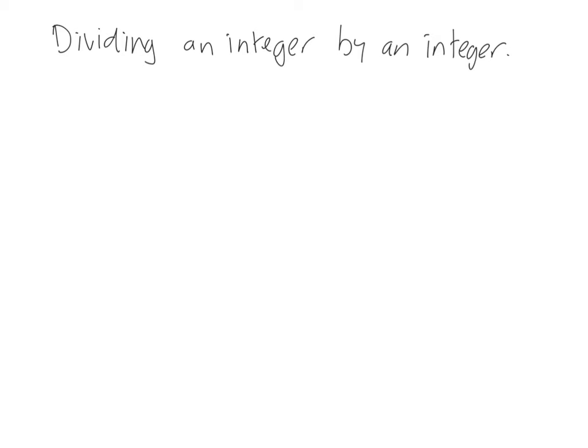In this video, we're going to have a look at dividing an integer by another integer with a decimal number as a result. So we are not going to look at dividing an integer by an integer with a remainder, but using our knowledge of decimals in order to work out an exact value, I suppose, if we divide it into fractional parts. So let's start off with a simple example like